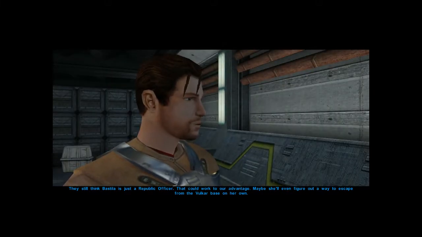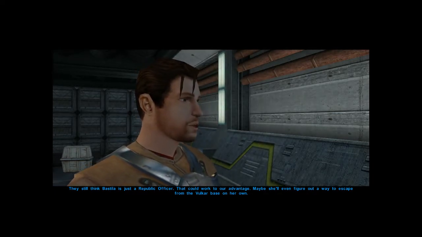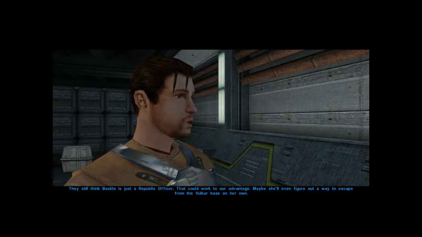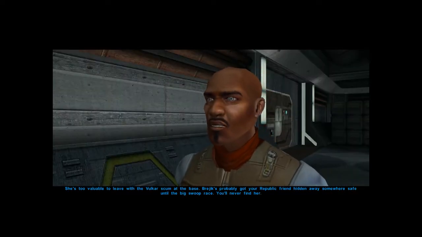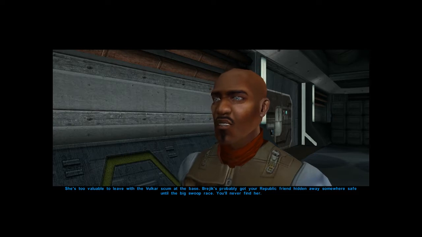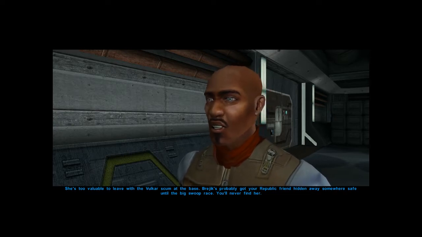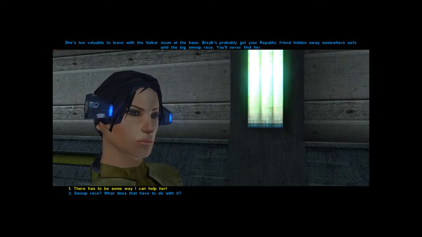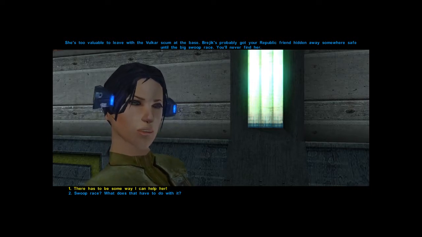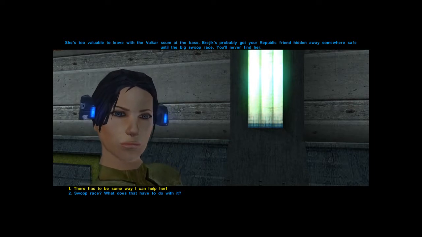I still think Bastila is just a Republic officer. That could work to our advantage. Huh, that's interesting. Maybe she'll even figure out a way to escape from the Vulkar base on her own. She's too valuable to leave with the Vulkar scum at the base. Brejik's probably got your Republic friend hidden away somewhere safe until the big swoop race. You'll never find her. Now that's interesting. Does that mean Bastila couldn't fight back? Because when a Jedi fights, you know it right away. But if they think she's just an officer,